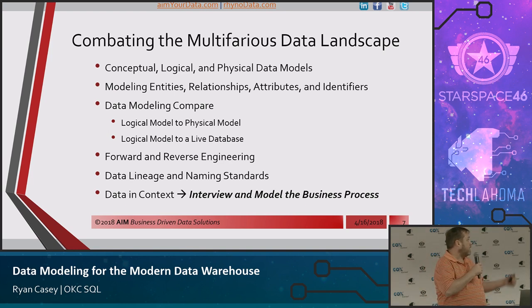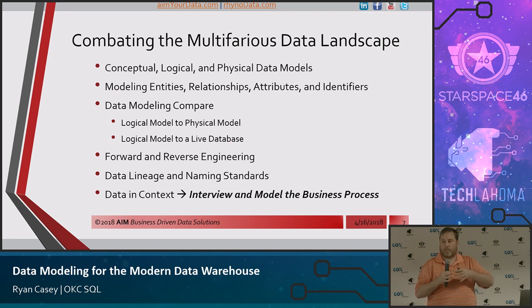And then things like I was talking about where you can compare your data models to keep them in sync. So you can also compare your logical to physical models to see if they've gotten out of sync. But you can also compare, like I was talking about earlier, your model compared to what you have in production, right? If you're going through a standard dev to UAT to production lifecycle, but your development model or the model